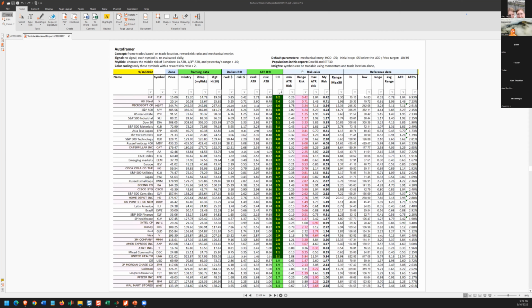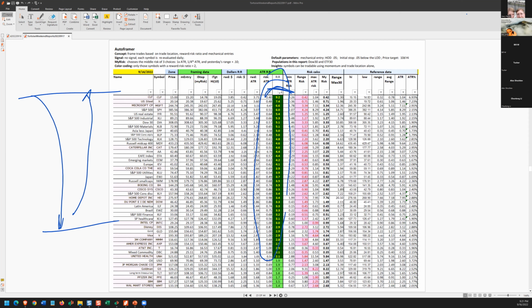Buyer's market. The auto framers just showing so many things have collapsed deeply below their 10-day high. The pain and suffering was so great that you're getting incredible multiples for a retest back to the 10-day high. But this is not swing trading territory. This is intraday trading, and then keep 20% if you made money on it on the long side so that you keep a taste. But Cliff and U.S. Steel and Alcoa, there's my metals. There's Microsoft. I'm looking for Apple.